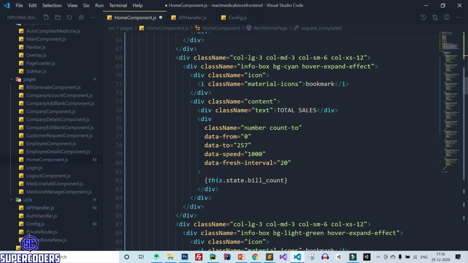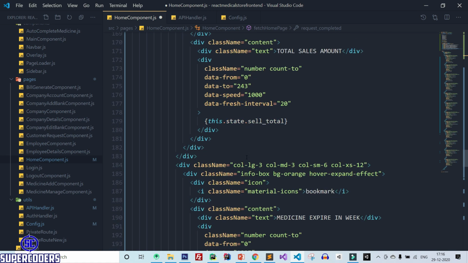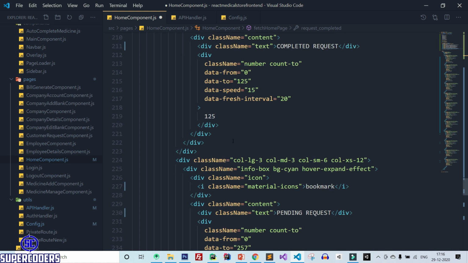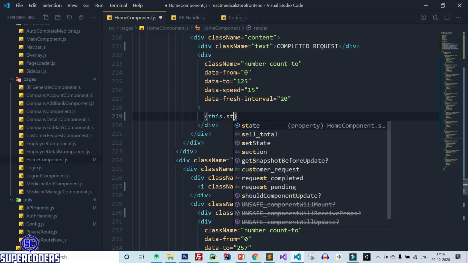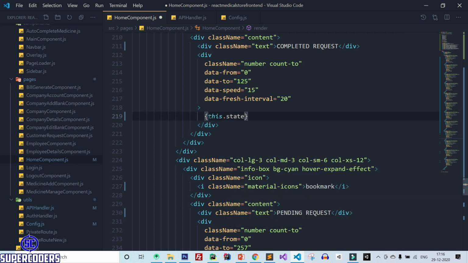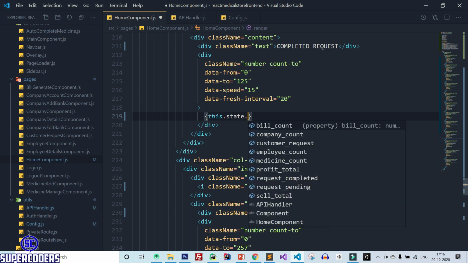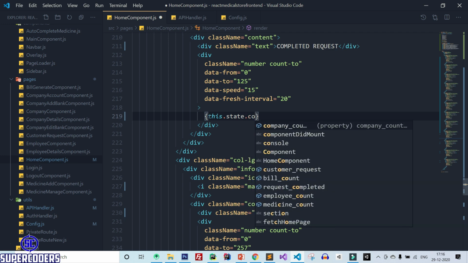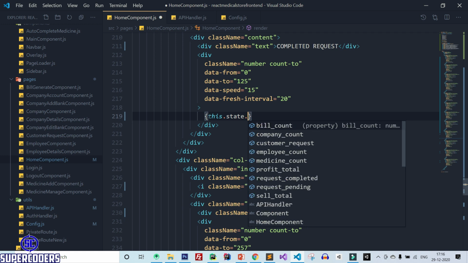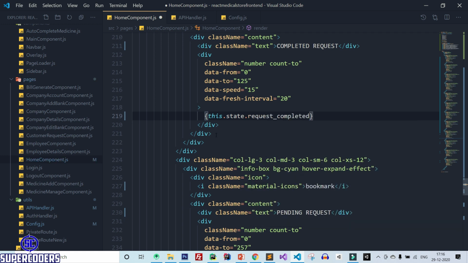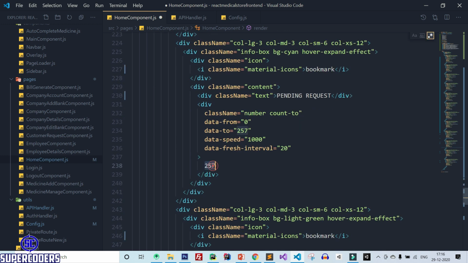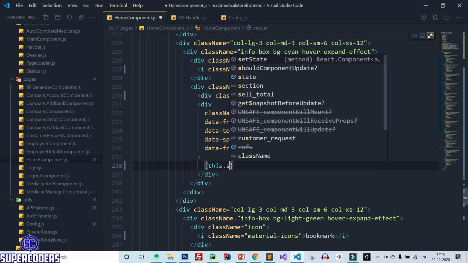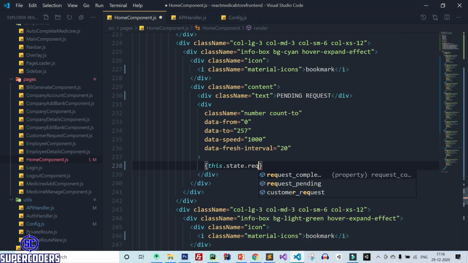Now after that, show this data. So here completed request, this dot state dot completed request completed, and after that this dot state dot request pending.